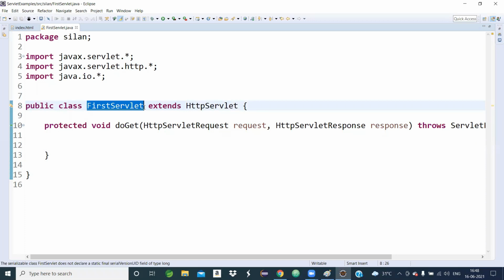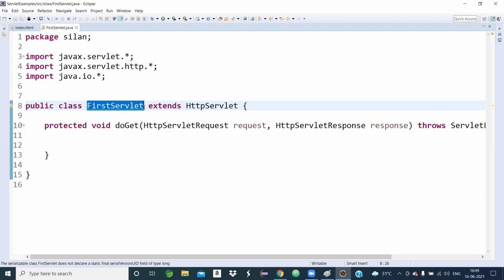So how to create a servlet? Create a subclass which extends from HttpServlet. HttpServlet is a built-in class coming from the javax.servlet.http.* package.